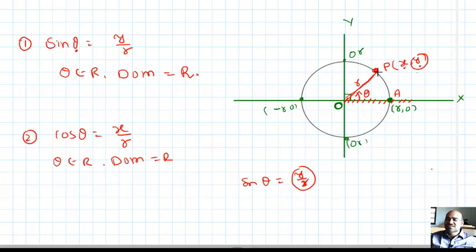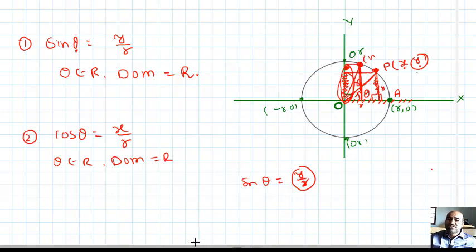This is r. This is x comma y. Draw a perpendicular on the x axis. For example, this is y. This is r. If this is y, draw a perpendicular on the x axis. This is also y only. Your y is never equal to r in this case, when P is here. For example, P is here, something x comma y. Now P is here, draw a perpendicular. So this becomes y, and this y is greater than the previous y. So theta is increasing, y is increasing.